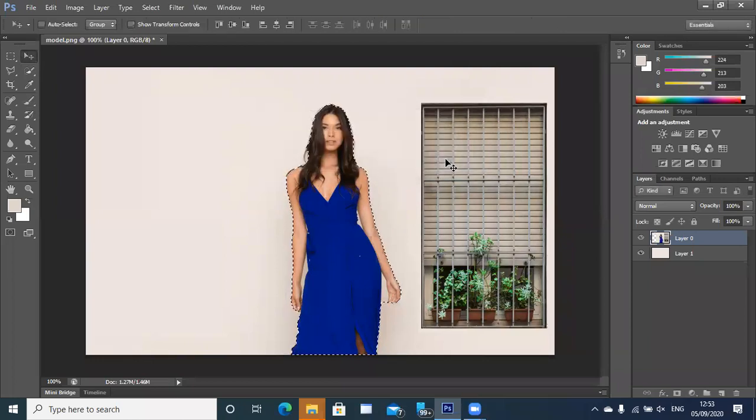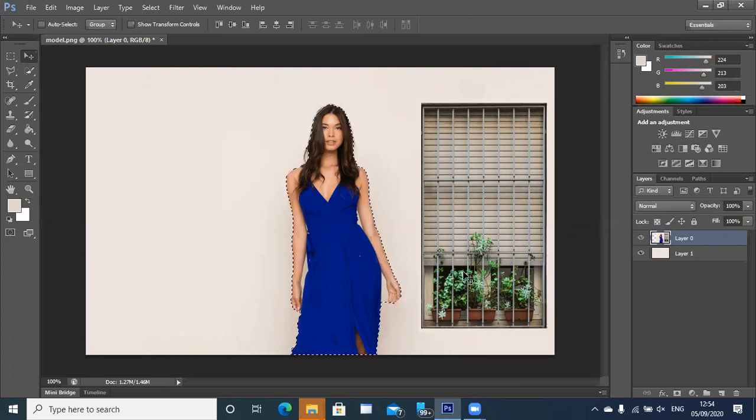The reason I showed you the size change was, which one would you prefer, magnetic lasso or quick selection, for fast selections? Akshat, if the image doesn't really have a lot of finishing, then quick selection works. In my image, it does have finishing, your hair and all that, which you saw when I reduced the size of the image, I didn't get dot to dot selection. So in that situation, quick selection is not a very ideal tool. But if you have an image like this window, which I want to quickly select, I can use the quick selection tool there. Another example where I want proper color-wise selection, I can use magnetic lasso.